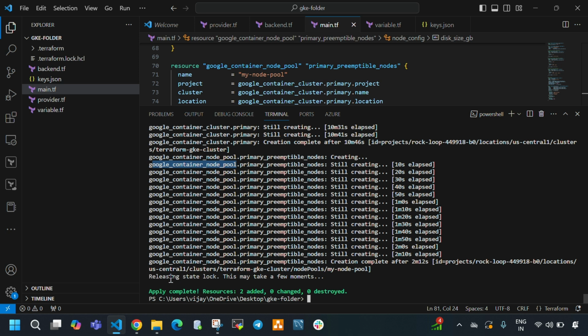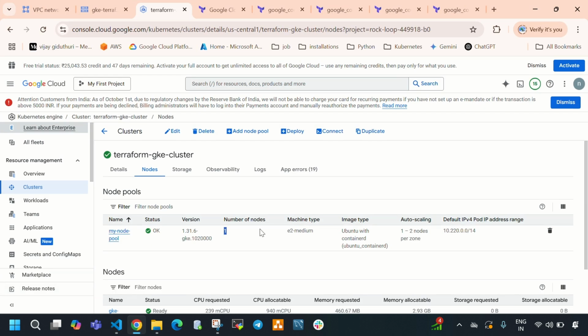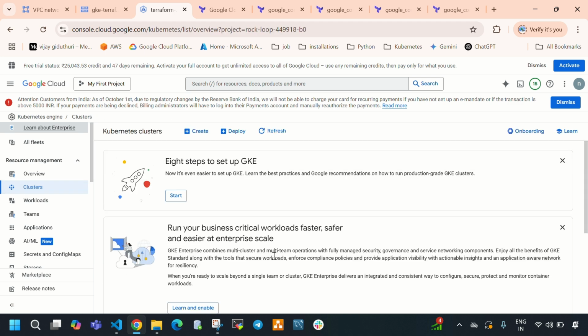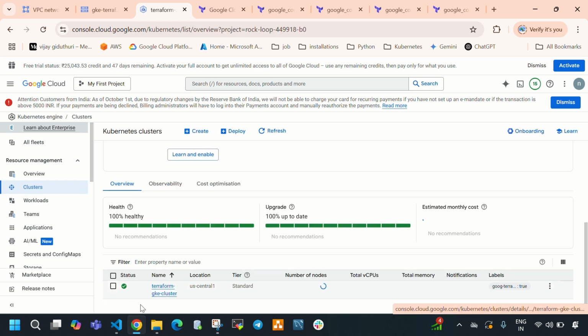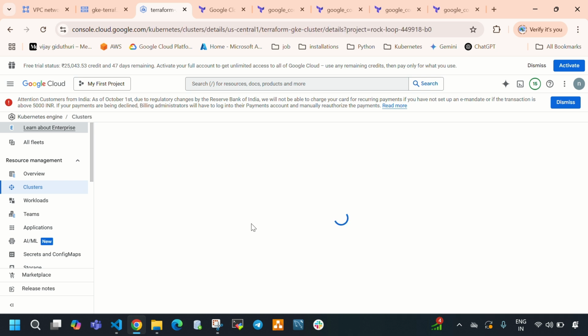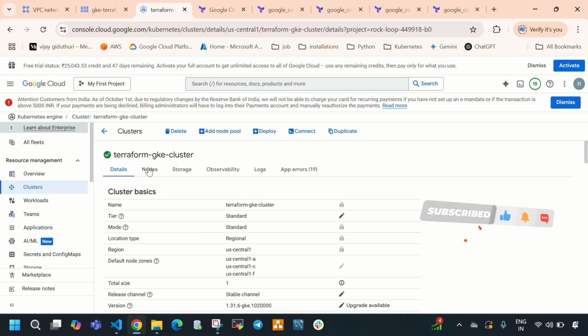So here you can see our Google Kubernetes cluster has been created successfully. Apply complete, resources added. That means a Google Kubernetes cluster and a node pool. So if you check here, let me select clusters. Here you can see our Terraform GKE cluster has been created using Terraform, and inside this we have created